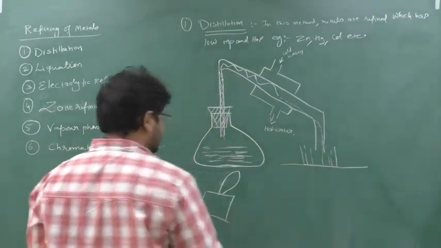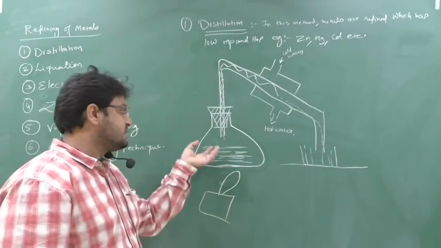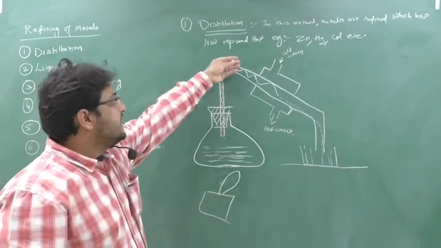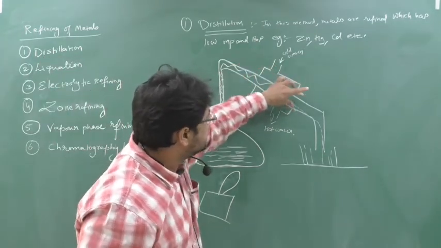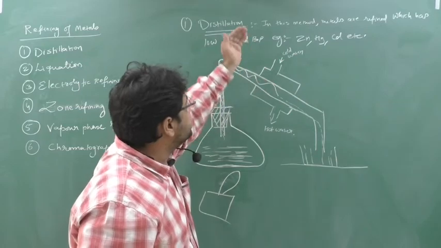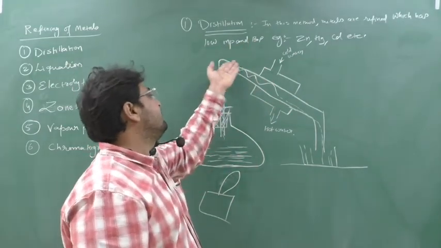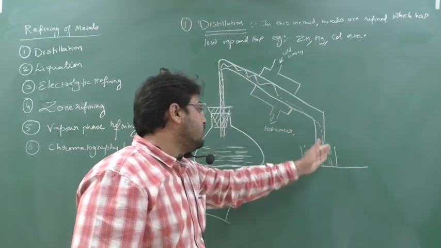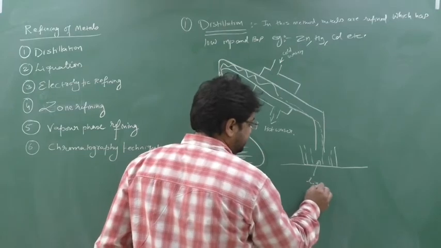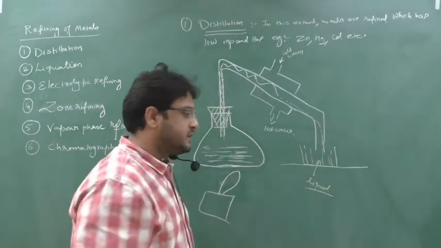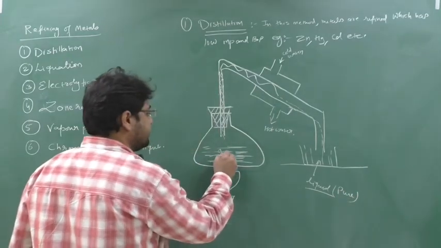Okay? So when I heat this metal, which has a low melting point and boiling point, it will start to vaporize. The vapors will go here. As the vapors come here, the temperature is lower in this portion, so the vapors will get condensed. These vapors are of metal. So the metal vapor will get condensed, and liquid metal will fall into this container. After some time it will get solidified. So this metal is pure.